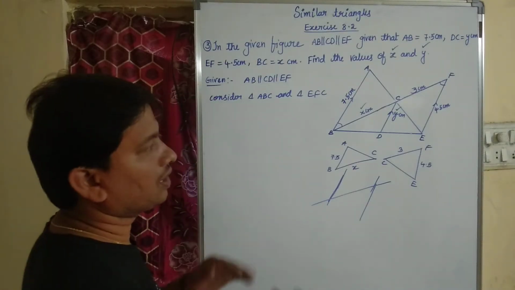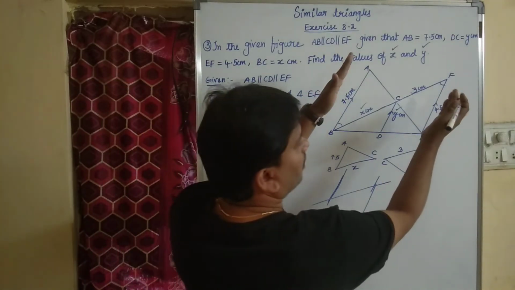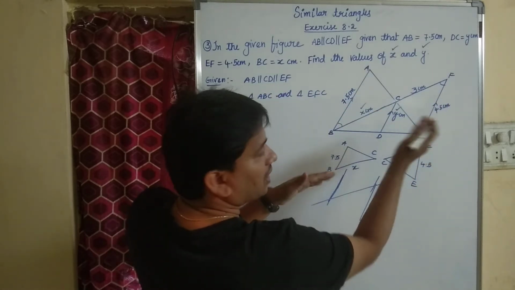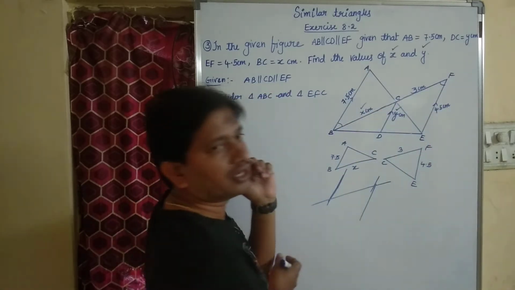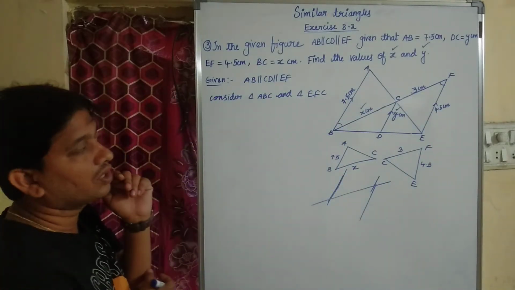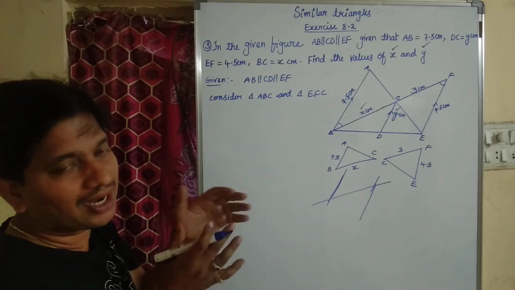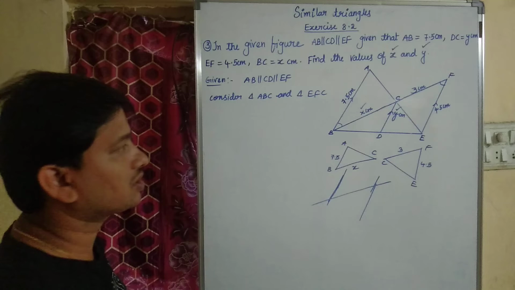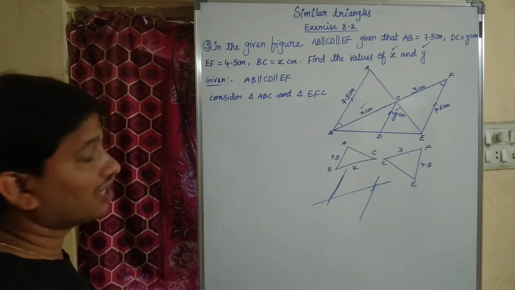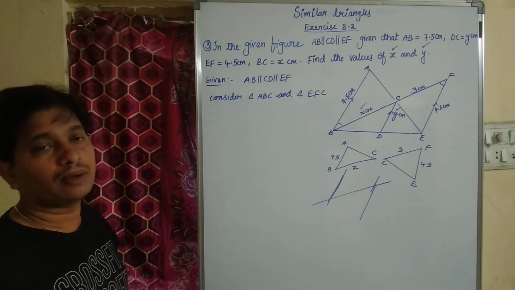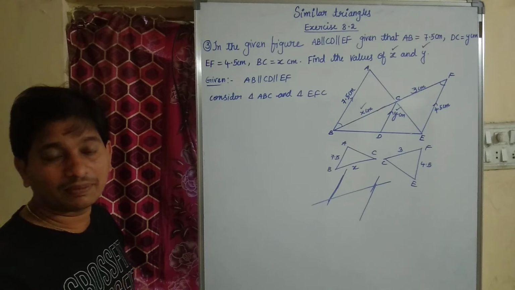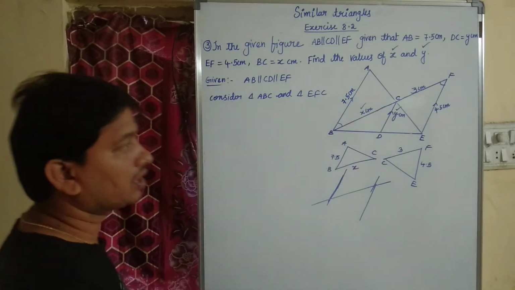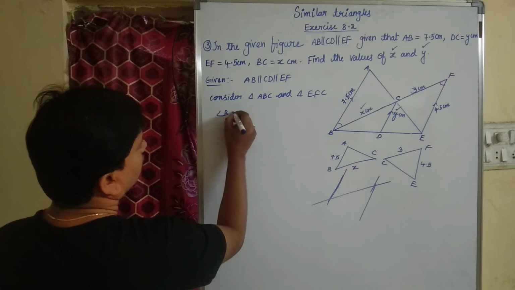If you observe properly, AB and EF are two parallel lines. BF is transversal, and then these two angles are alternate interior angles. Okay, they are in between the two parallel lines. Hence, they are called alternate interior angles. We know that alternate interior angles are equal. When a pair of parallel lines are intersected by a transversal, the alternate interior angles are equal. Here I can say that angle B equal to angle F.